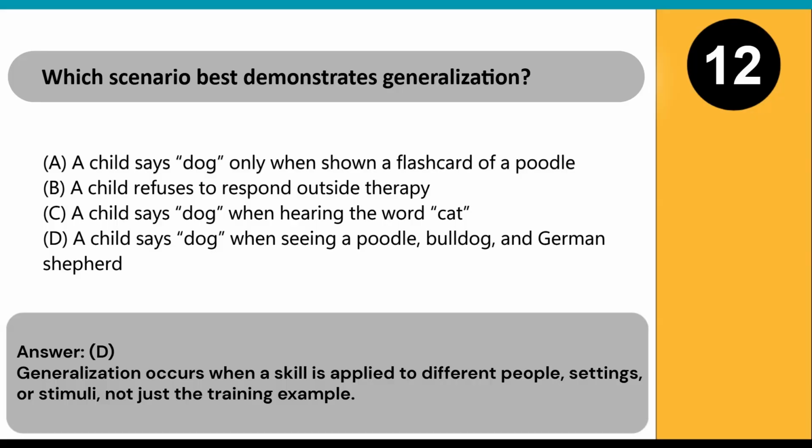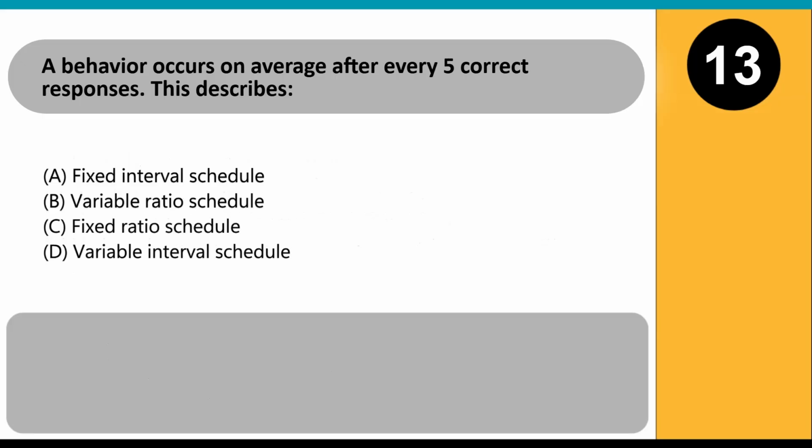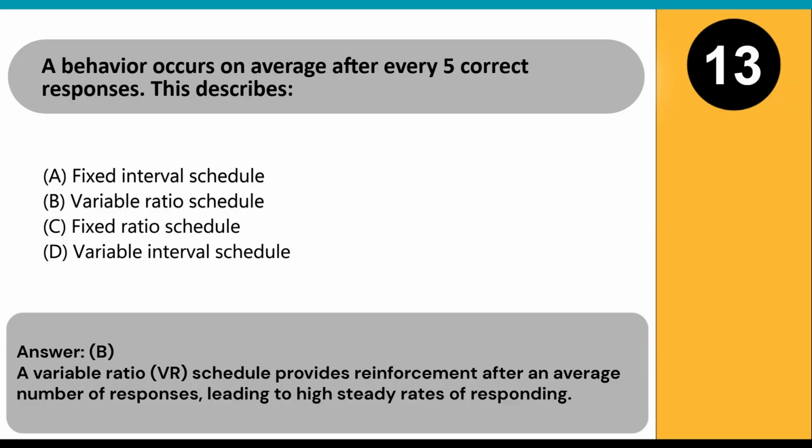Generalization occurs when a skill is applied to different people, settings, or stimuli, not just the training example. A behavior occurs on average after every 5 correct responses. This describes A. Fixed interval schedule. B. Variable ratio schedule. C. Fixed ratio schedule. D. Variable interval schedule. Answer: B. A variable ratio (VR) schedule provides reinforcement after an average number of responses, leading to high steady rates